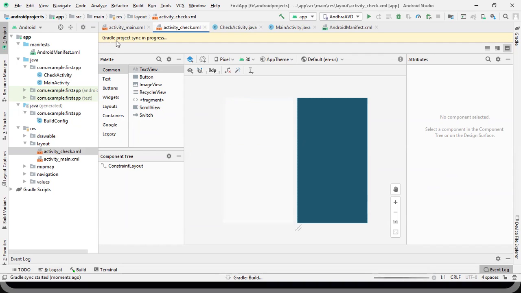Here you can see the Gradle project sync is in progress. You will have to wait for the syncing to finish. You can see the progress at the bottom.